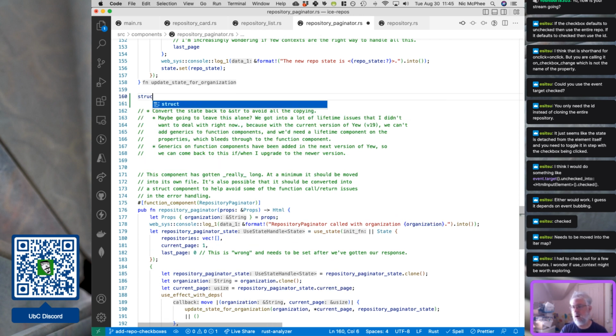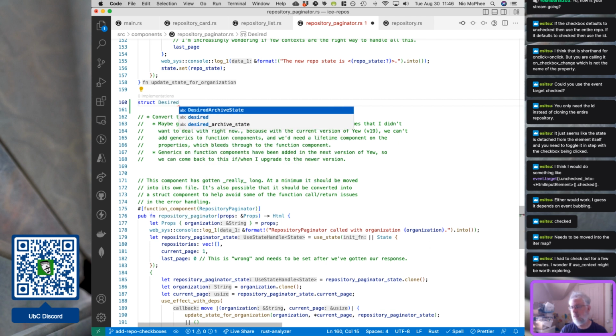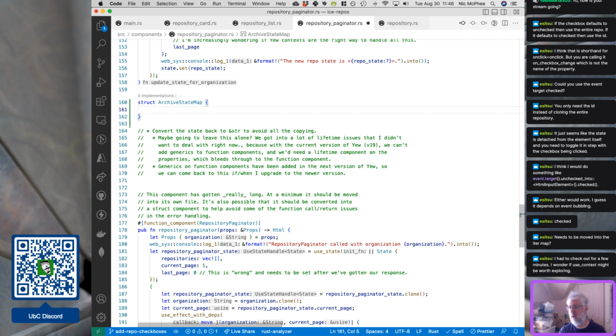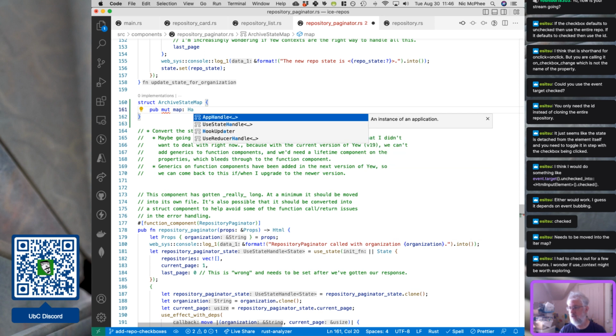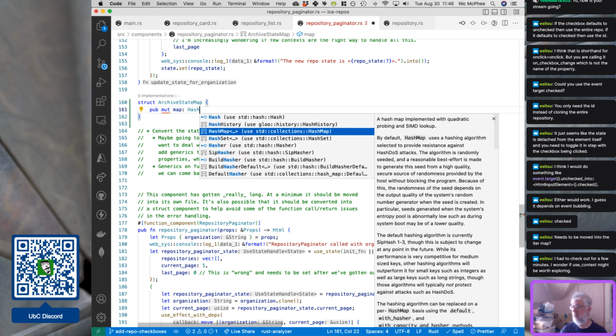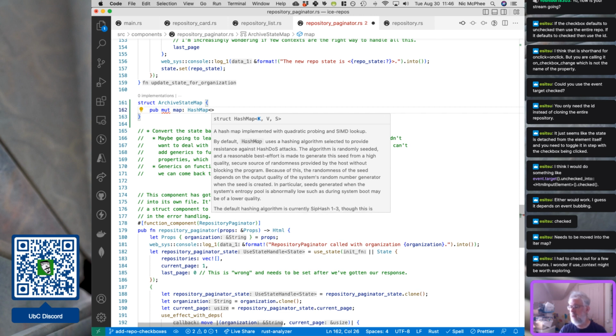So struct desired archives states. Wow, that's a terrible name with just one letter different at the end. How about archive state map? And it's going to have a pub mut map, type HashMap, that's going to take